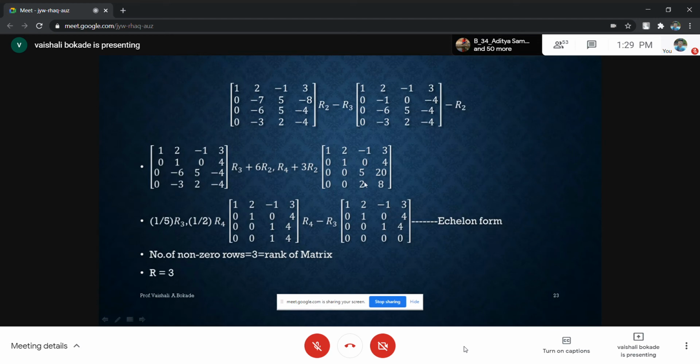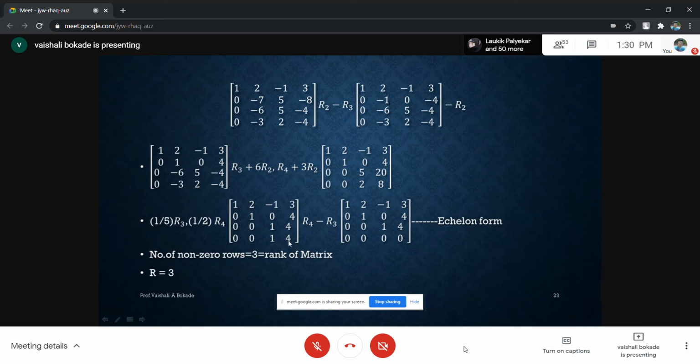But what I'm observing is that R3 has entries 5 and 20, and R4 has entries 2 and 8. So if I divide R3 by 5 and R4 by 2, the entries will be 1 and 4. One of the rows I can make 0, because you can observe R3 and R4 can be